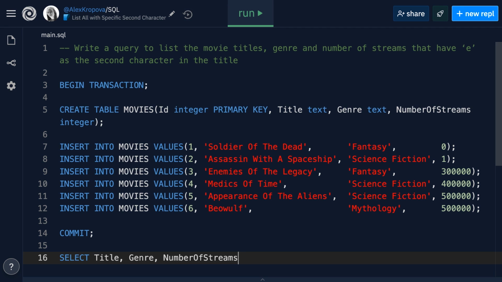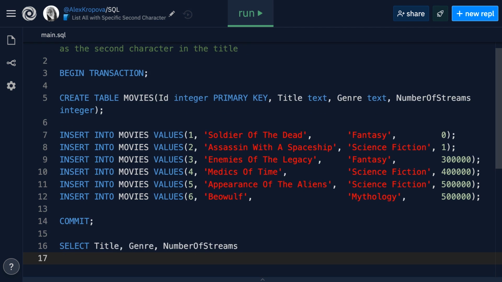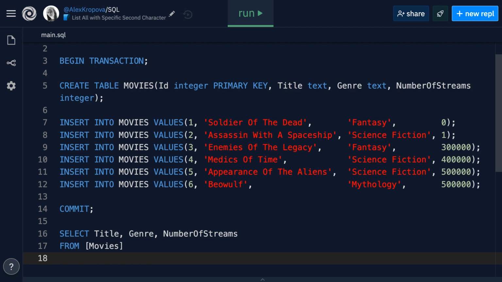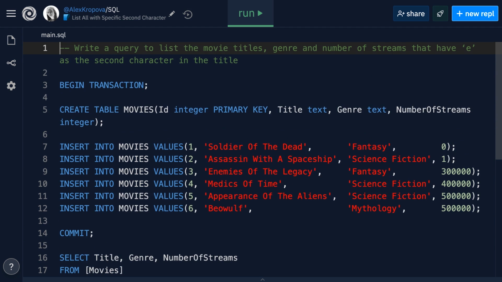After that, we have to specify selecting from where. Well, we're selecting from the movies table. We must specify from which table we want to select. If there are multiple tables, then you must specify exactly where the properties are coming from. And after that, we have to go ahead and come back to the question and see the constraints that we